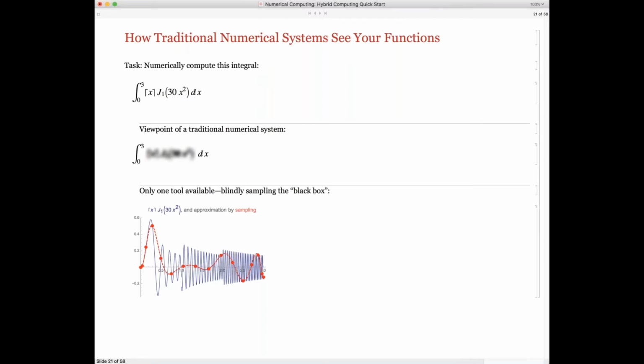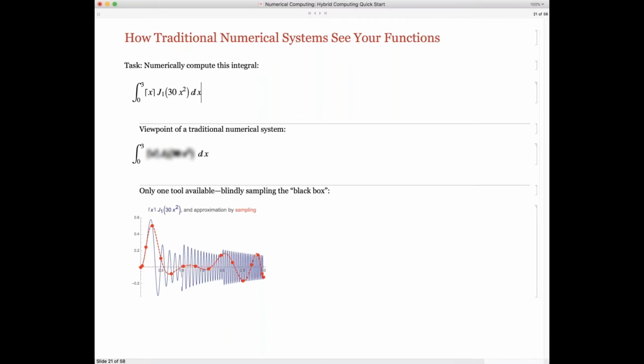To tell a traditional numerical system to do this type of integral, you first need to write a subroutine to evaluate the integrand. Then you would pass the name or pointer of that subroutine to a numeric integration algorithm in the traditional numerical system. But that algorithm knows only the name of your function and it has no idea what